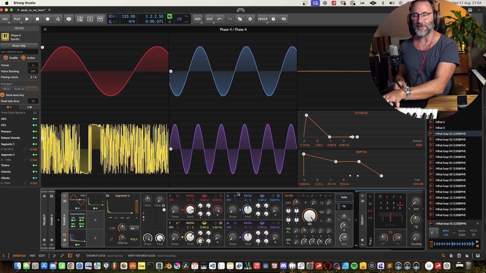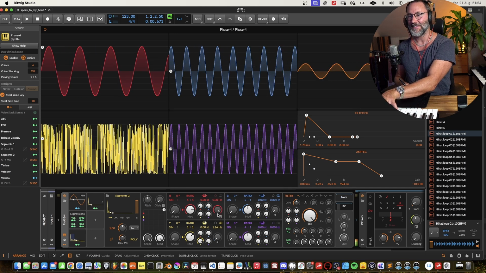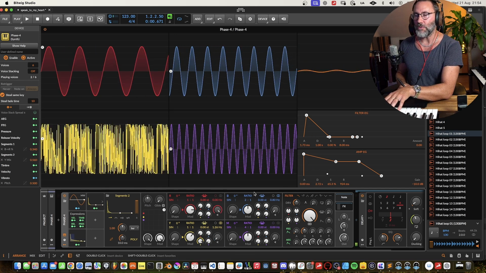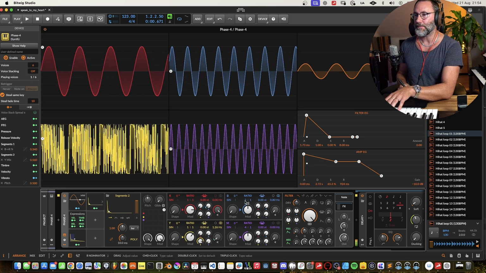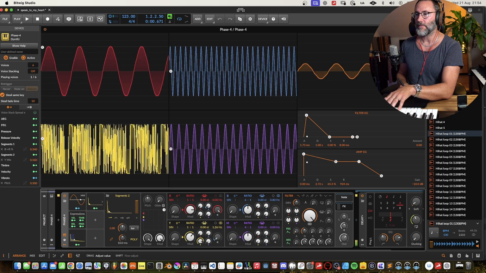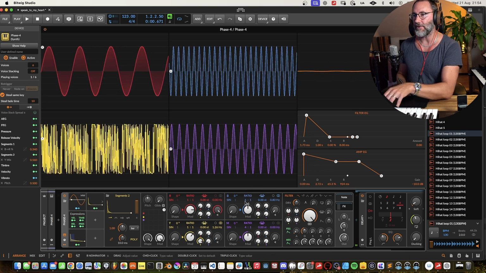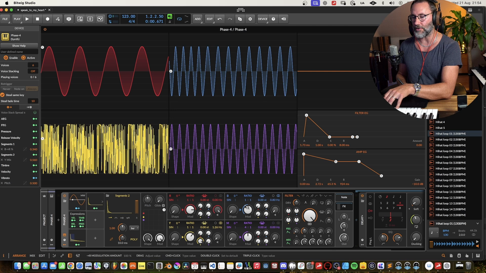Sounds like some kind of Enya patch. So what we can do now is change the ratio of the blue oscillator to get back into our like metallic kind of territory.